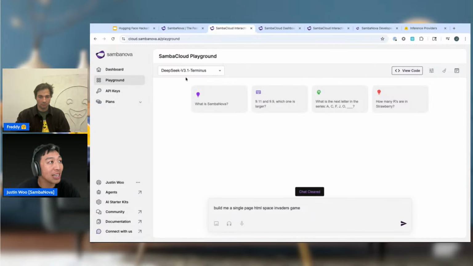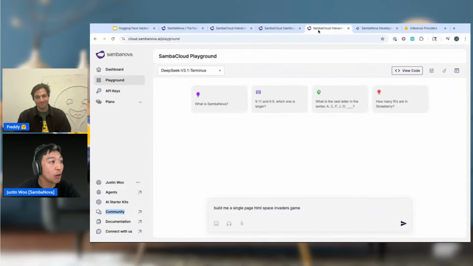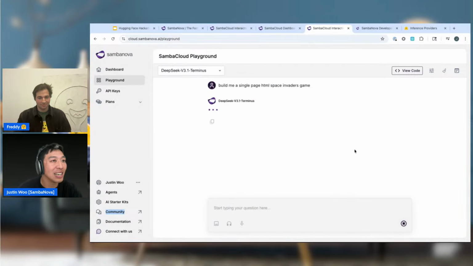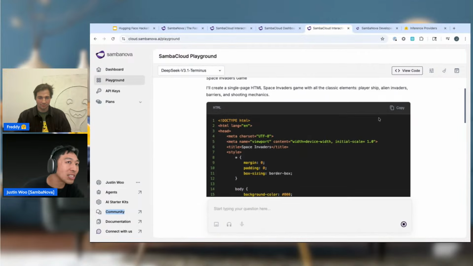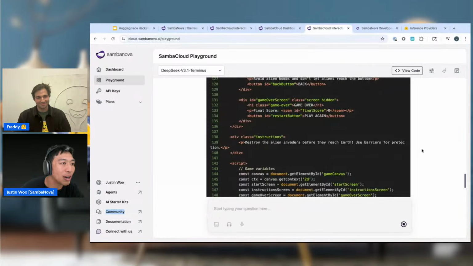Go to Playground, and I'm going to select another tab here where I've already selected DeepSeek v3.1 Terminus, which is my favorite open source model. I'm going to say, build me a single page HTML Space Invaders game. I'll put that in as a prompt down here, and you can see how fast it does the inference. I can't even scroll as fast as the inference goes.